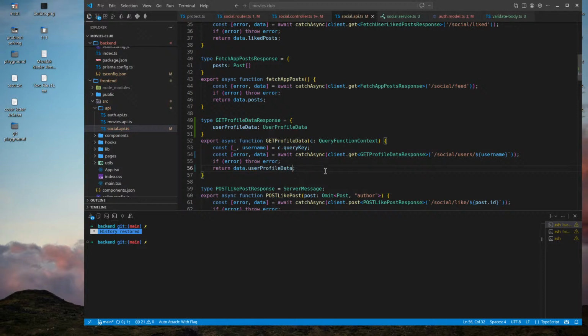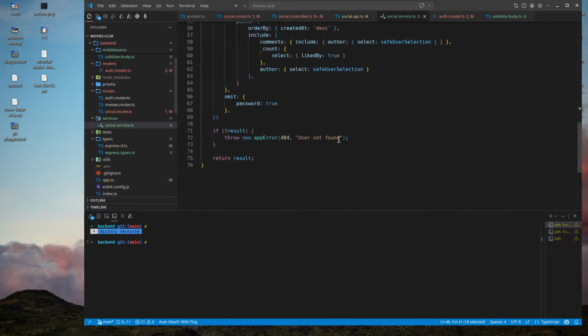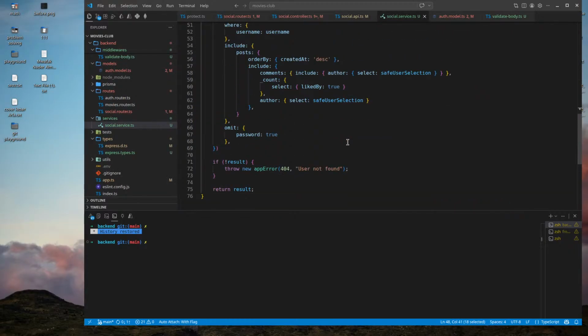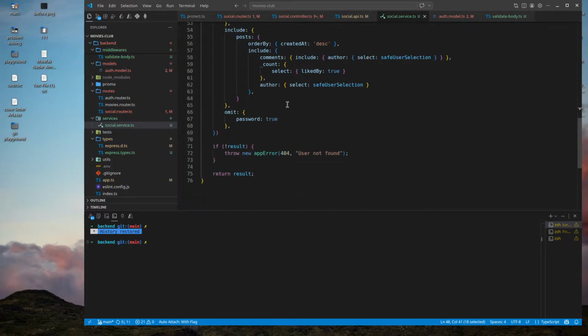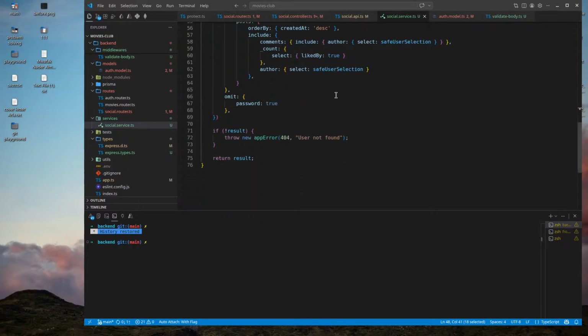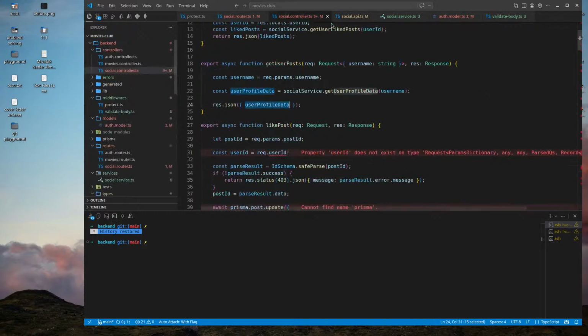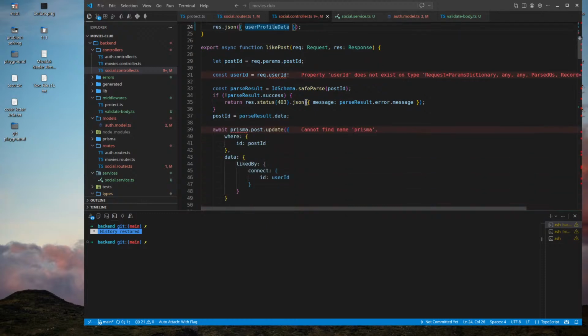Very cool. Okay, nice. So now we can go here, get user post, user profile data, now return user profile. That's very cool. Okay, next.